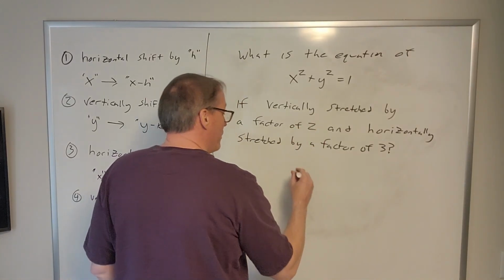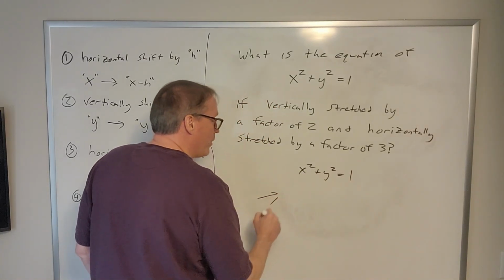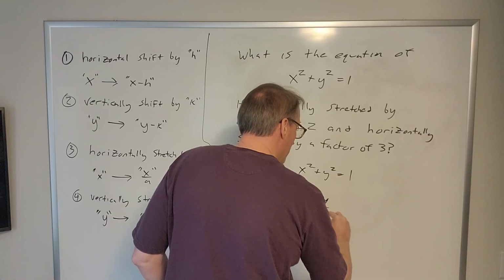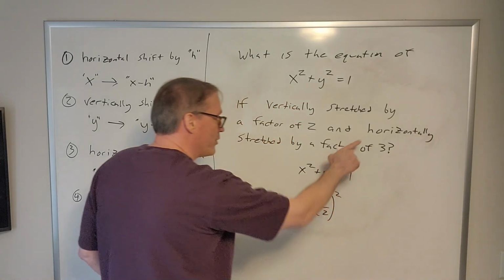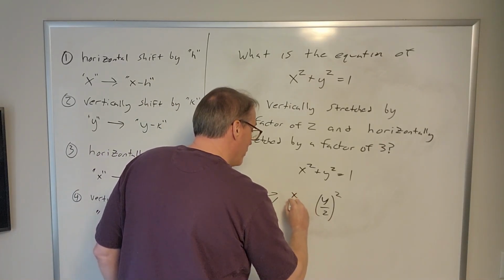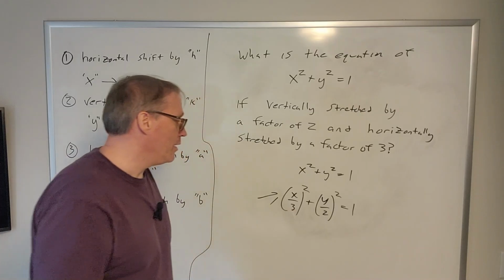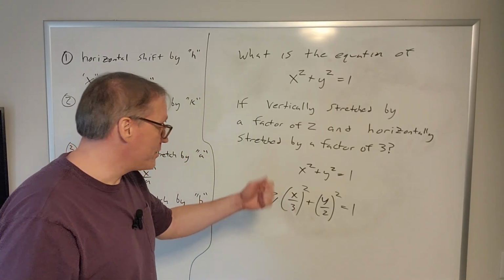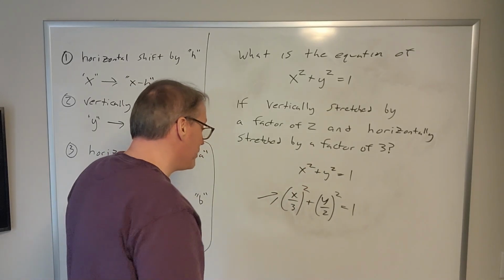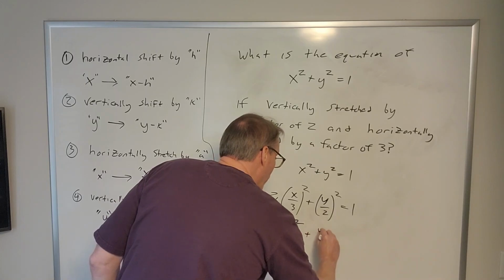So let's see. Vertically, we're starting out with x squared plus y squared equals 1. A vertical stretch by a factor of 2 means we replace y by y over 2. And every time we see a horizontal stretch of 3, we're going to replace x with x over 3. They may call it quits right there and say that's x over 3 squared plus y over 2 squared equals 1. They may multiply things out to something like x squared over 9 plus y squared